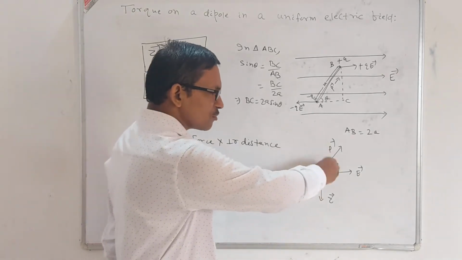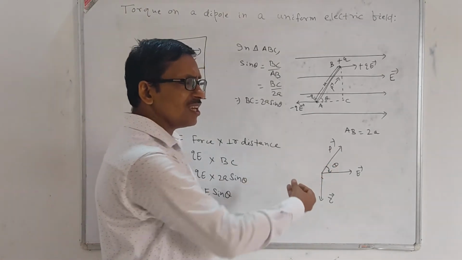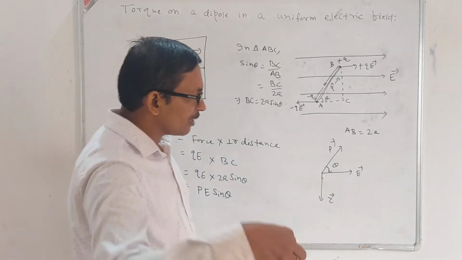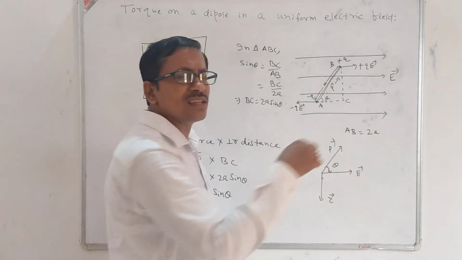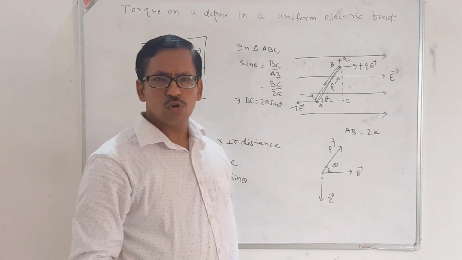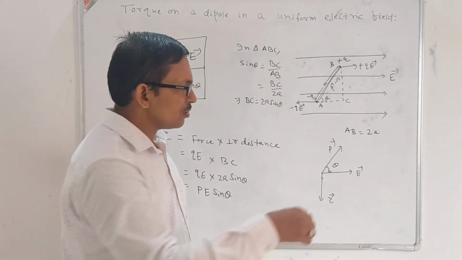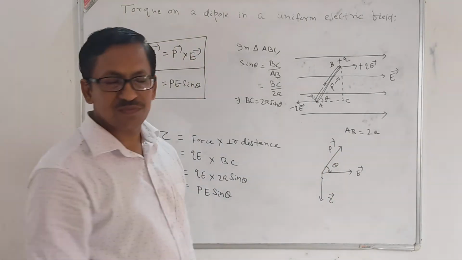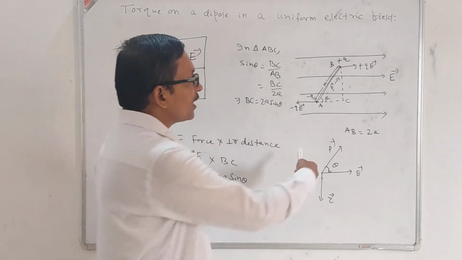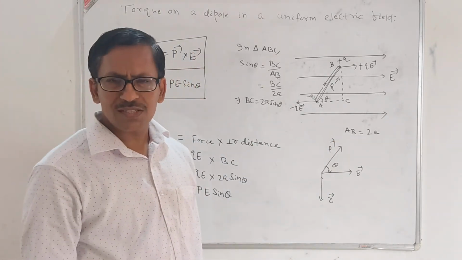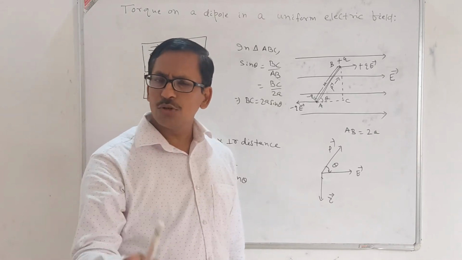Now just rotate this, and you will see it will advance into the page. It is perpendicular to the plane containing P and E. This is the rule to know the direction of a cross product. So P cross E, if you rotate, then it will go into the page. And if I rotate from E to P, it will be out of the page. E cross P will be out of the page. So this is your right hand screw rule.